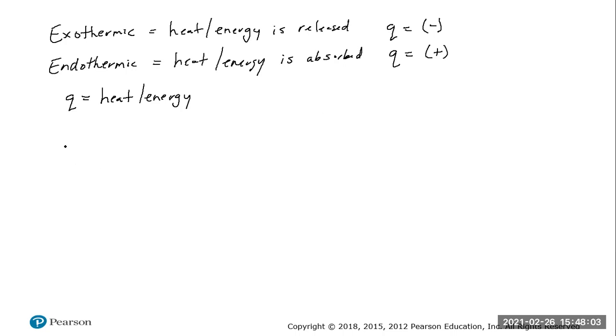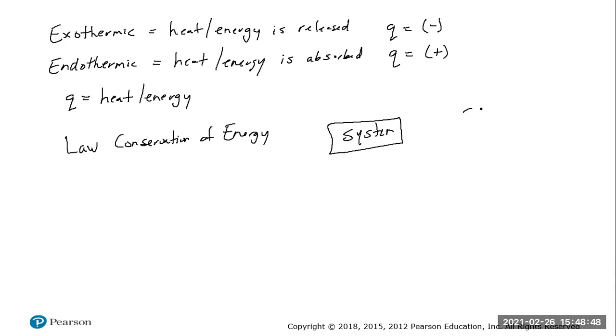When we talk about heat and energy being given off and being absorbed, that also relates to the law of conservation of energy. Basically, what that states is we don't create nor destroy energy. It is transformed from one form to the next. Ultimately, when we think about this idea, if something loses a certain amount of energy, there will be something that gains the exact same amount of energy.